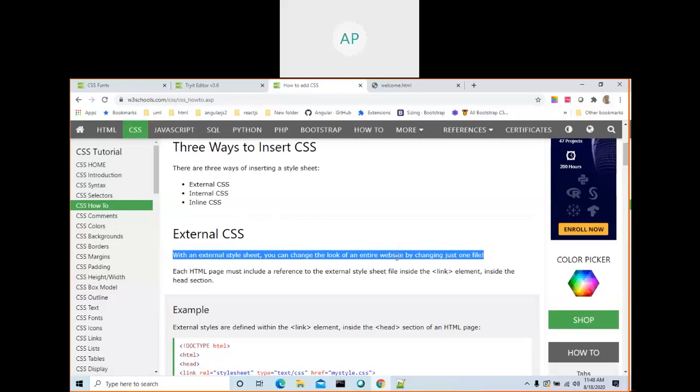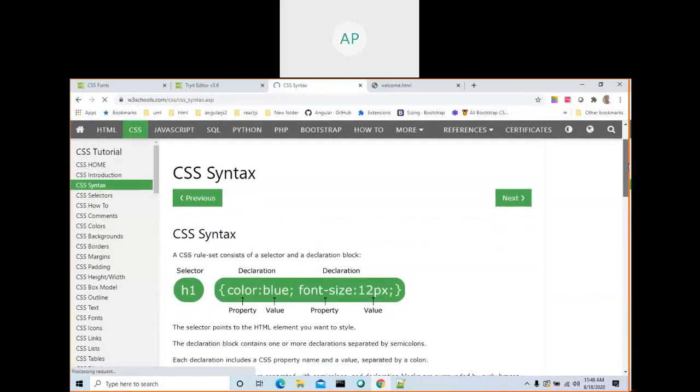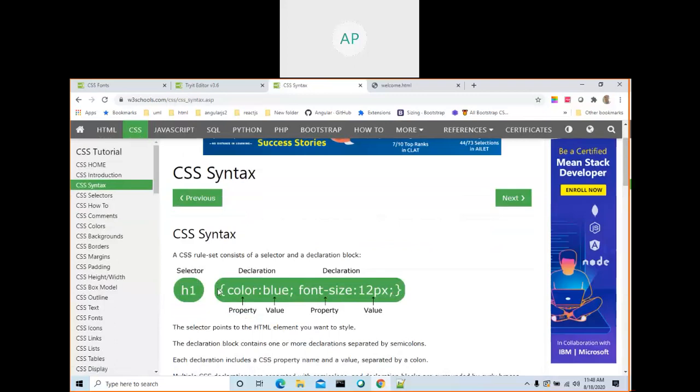So what is CSS? CSS is nothing but property and value. See the syntax: property, value, semicolon, and you can write property value semicolon within curly brackets. This is the syntax. The CSS rule set consists of a selector and a declaration block. What is the selector? H1. There are any number of selectors.